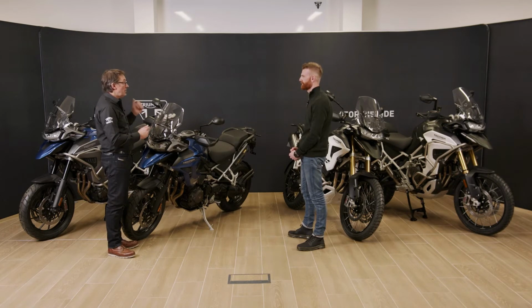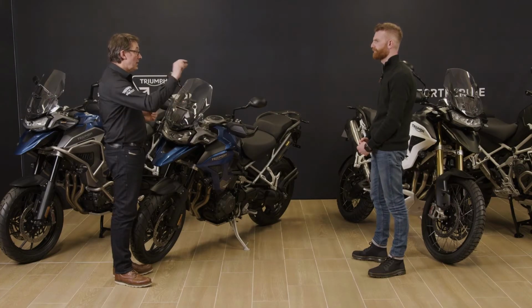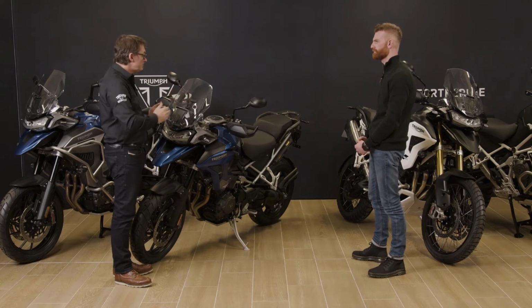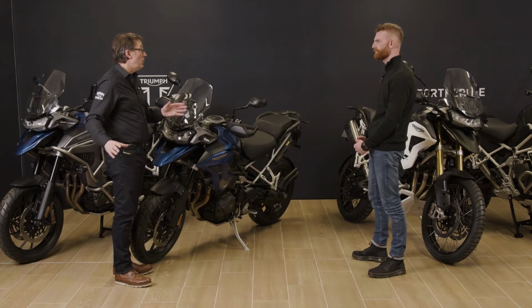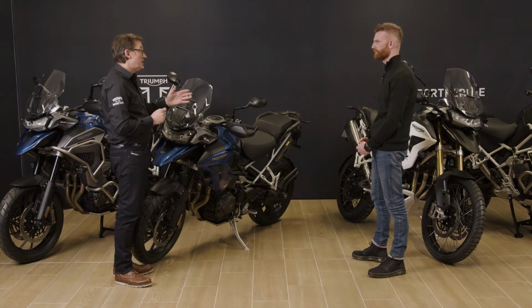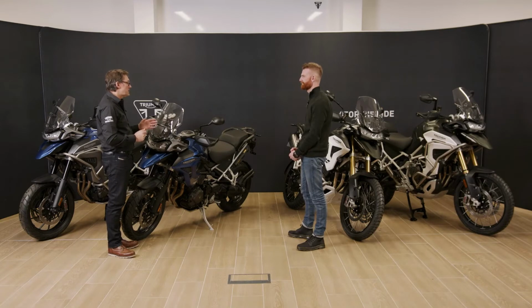So that's traffic behind you and the traffic in your blind spot. If there's something there, you'll get a light on your mirror indicating there's a vehicle there, bike or car. If you indicate to pull out, whether there's something there running at the same speed as you or something approaching, it'll flash that light as well to give you an even clearer indication to be careful and not to pull out. So that's a really good system, and it's something that, again, talking to customers, they really, really want